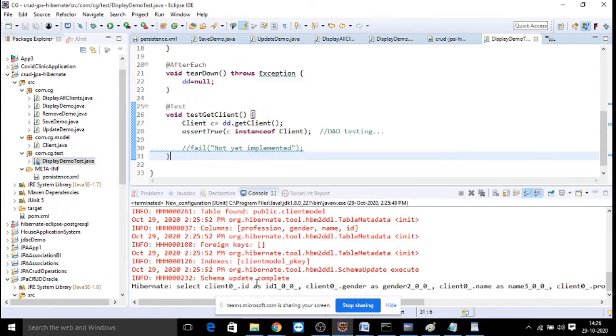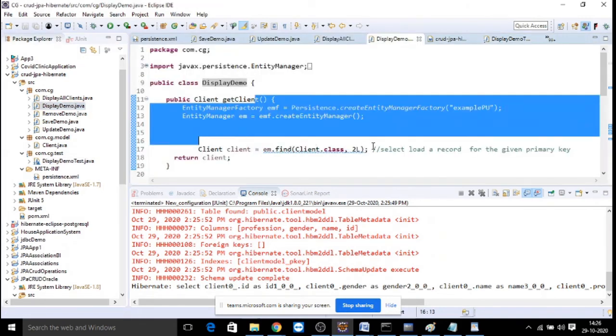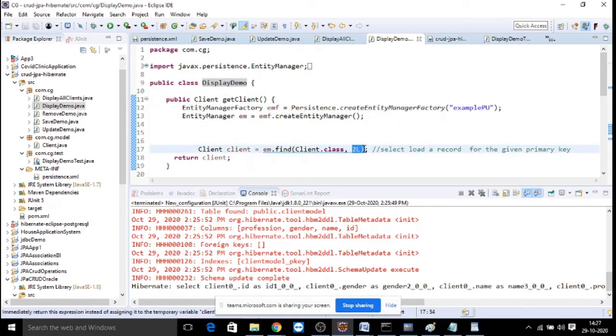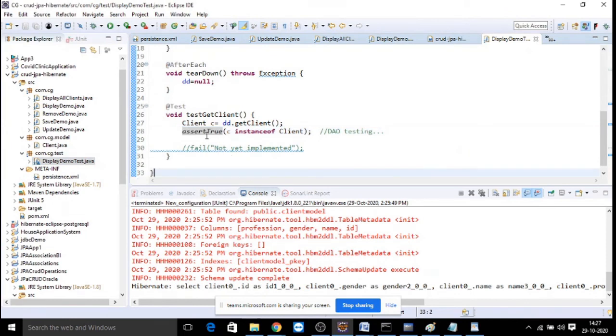Okay, so here it is running the select query. It is loading it, but this instance of is not working, it seems. What you can do is, whenever you are calling get client, it is loading the second one, right? So in the test case, what you can do is assert equals of, what is the thing you wanted to check?